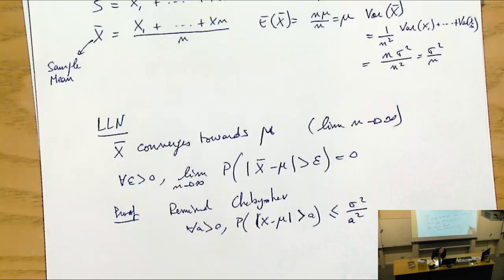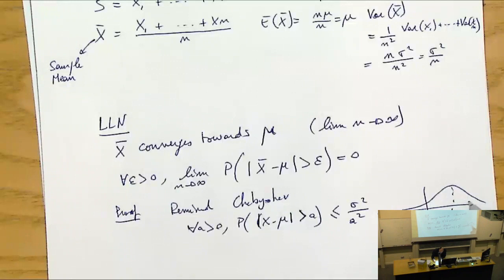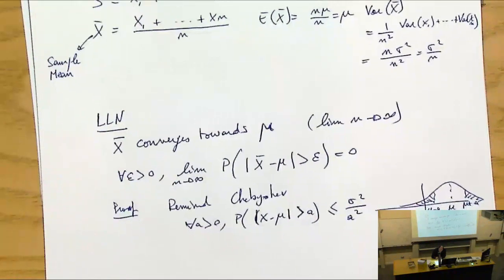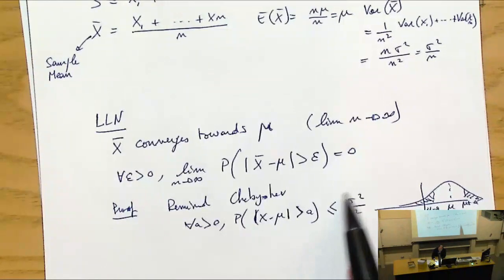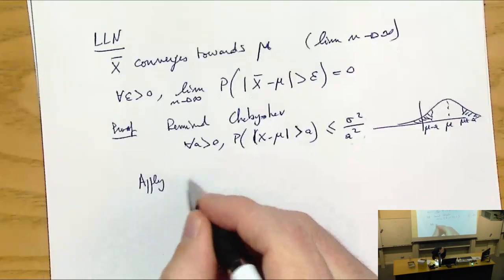And so what we were looking at that time, you had a certain distribution. You have mu plus a, you have mu minus a, and you're looking at this probability here. And you're saying that actually this probability is always smaller than this quantity. No? So what we can do now is to apply Chebyshev